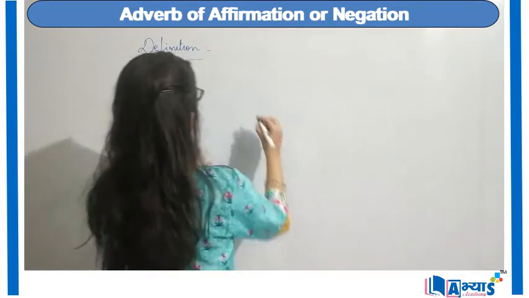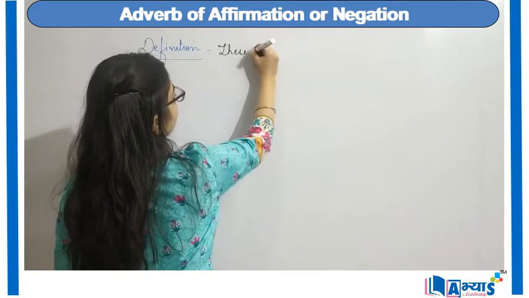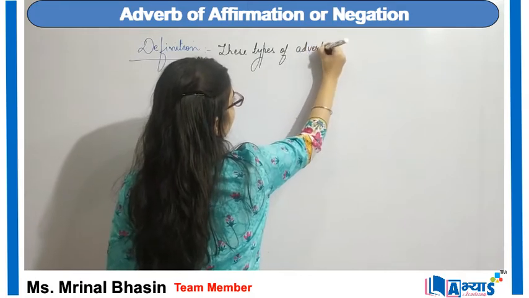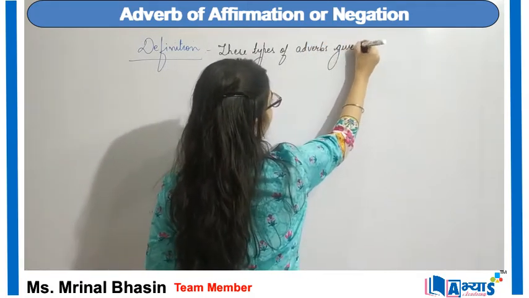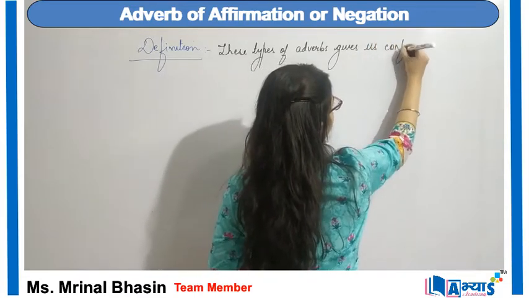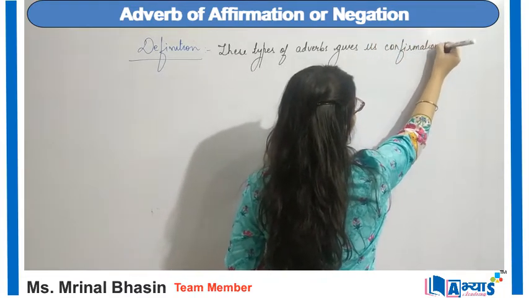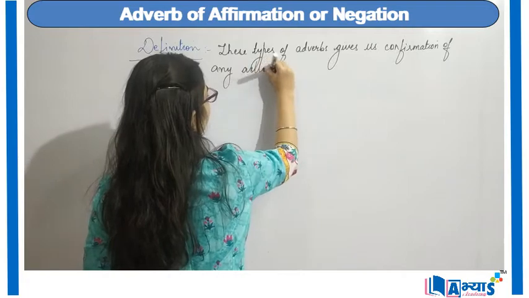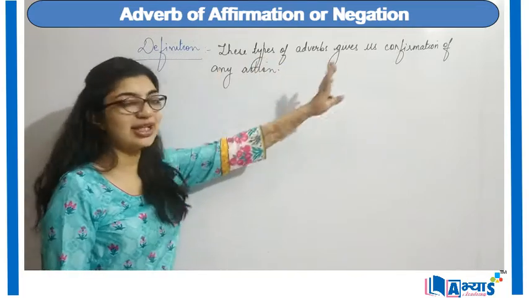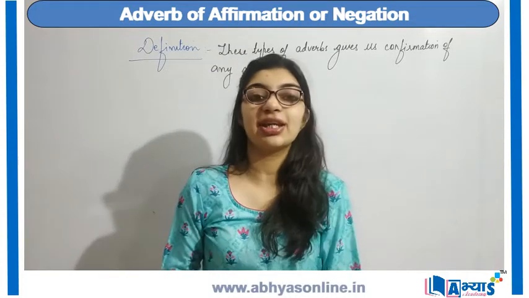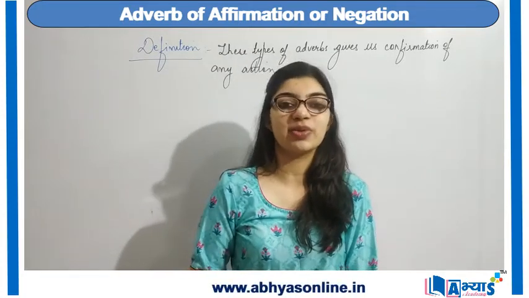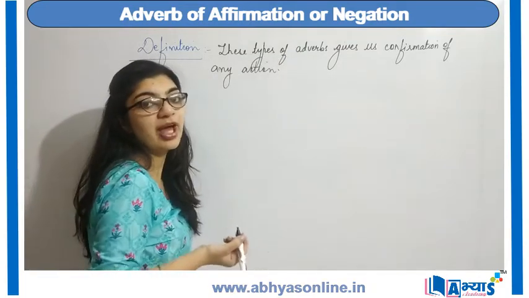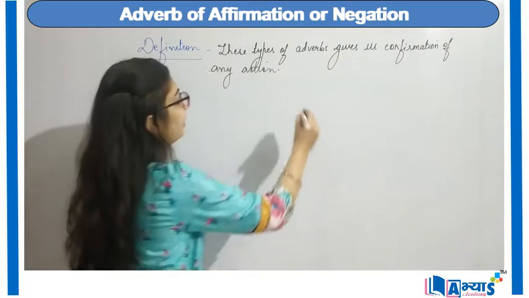So the definition is that these types of adverbs give us confirmation of any action that is going to take place. So basically it gives us confirmation or it gives us negation of any action or any event which is about to take place. For example, various examples of adverb of confirmation or affirmation can be